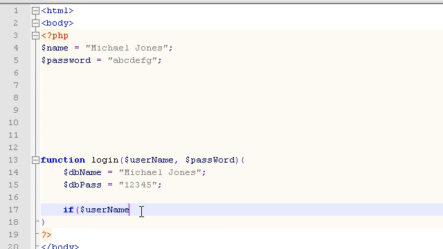If username is equal to, and there's our double equal sign, which has a completely different meaning than an assignment operator, which is a single equal sign. We use the double equal sign to compare values as a condition. So if two values are equal, it will return true. If they're not equal, it will return false. So if username equals dbName,